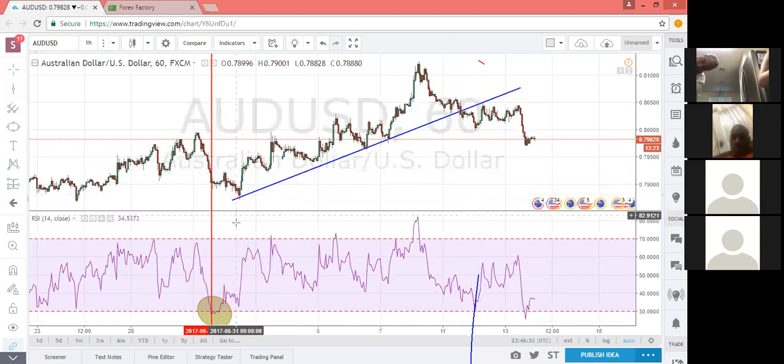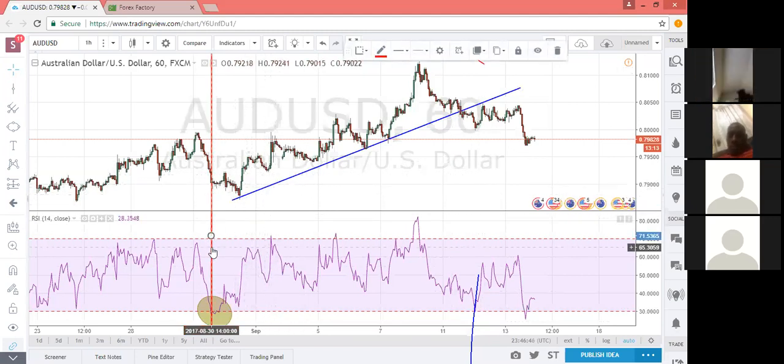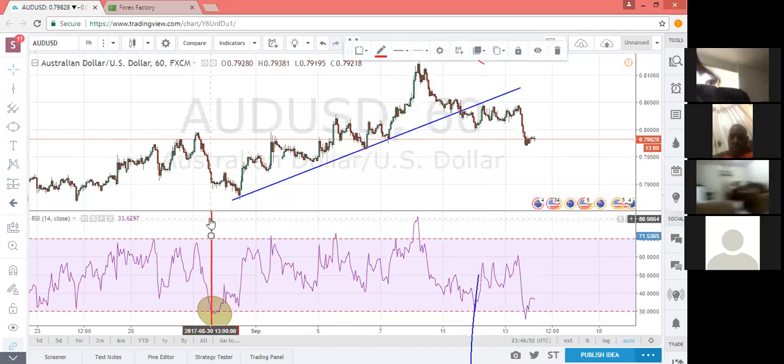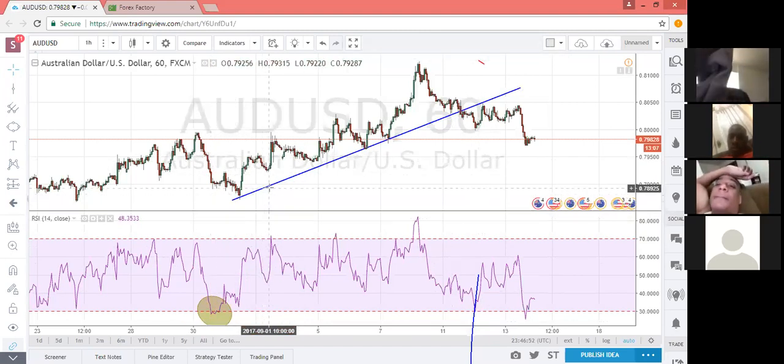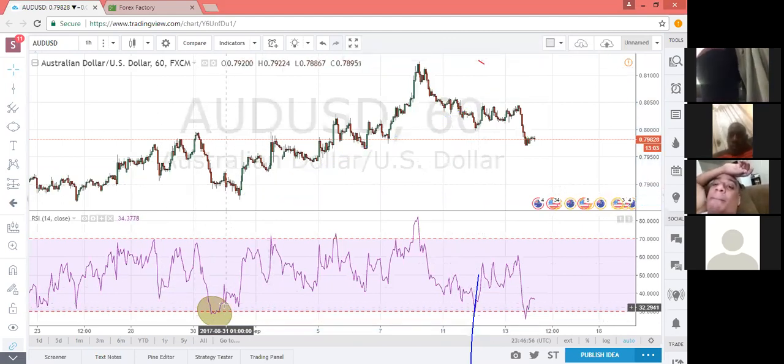Anyhow, so that is one way of using the RSI, or how to allow the RSI to show you what's happening. And one of the things that the RSI allows you to see is something that we call divergence. And what do I mean by that? By simply using trend lines, we already identified that